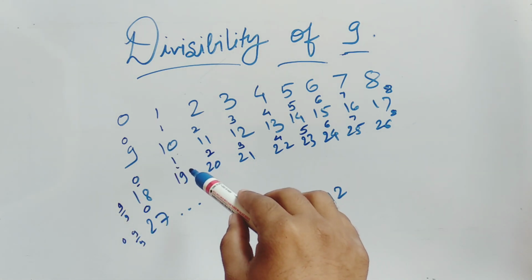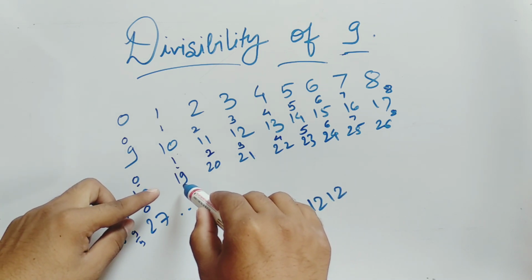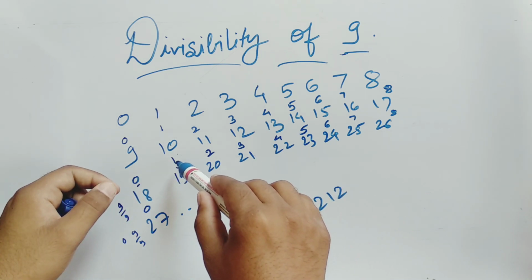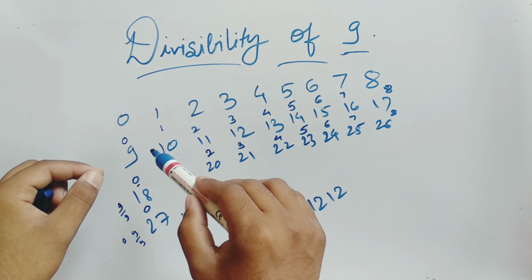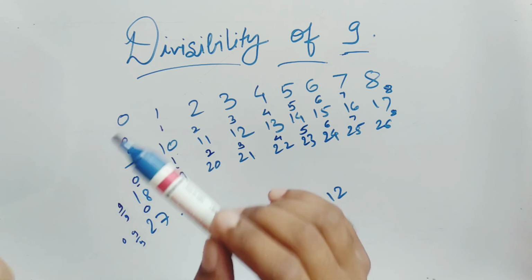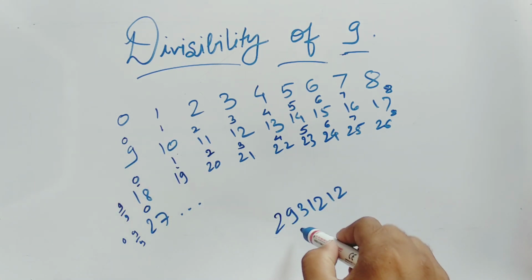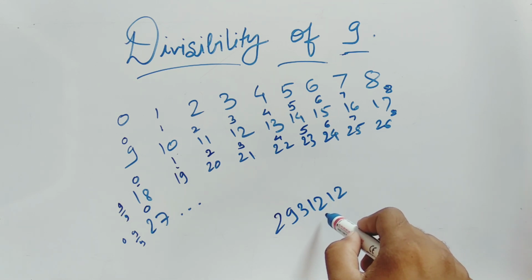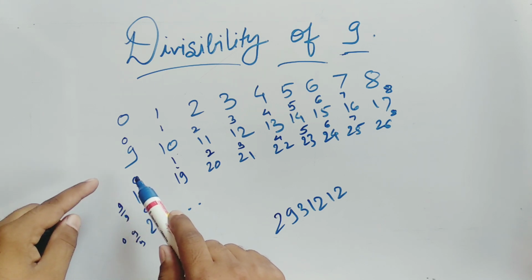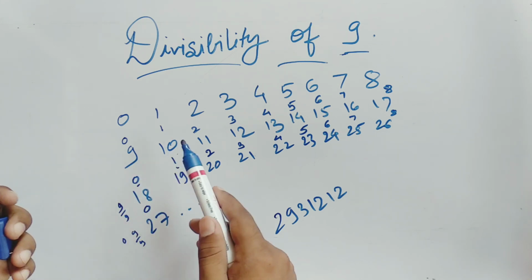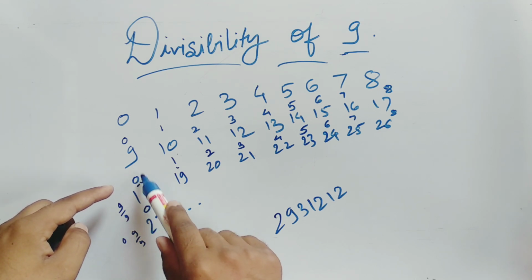So one important observation we can observe here is that when a number is divided by 9, the remainder is equal to the sum of the digits of that particular number. So to convert this number into its single digit form, we can rule out the digits which add up to 9, that is 8 plus 1 is 9, and we can write the single digit form as 0.